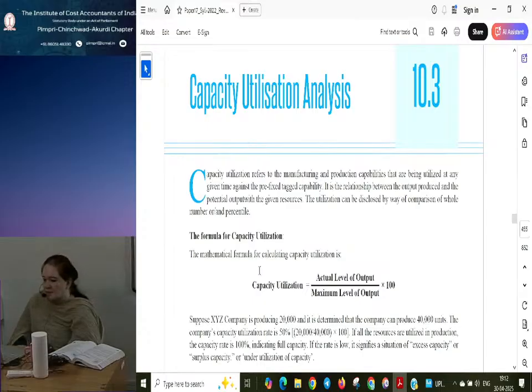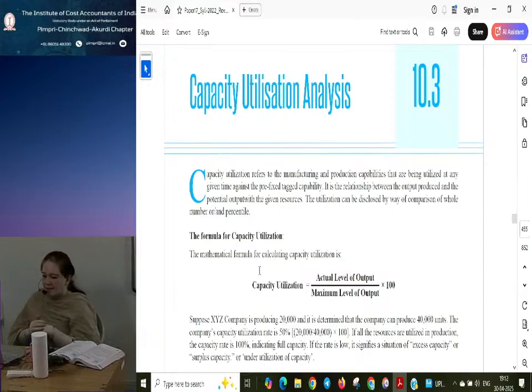So this capacity utilization when expressed in percentage gives an idea as to how far the assets have been utilized by the company and what are the root causes for underutilization. So if you target the root causes, there could be some which are within control and which are beyond control. If it is within the management's control or organization's control, that can be targeted and the efficiency can be improved upon.